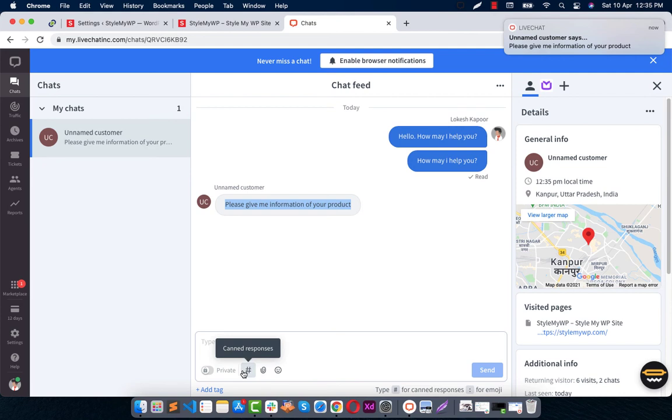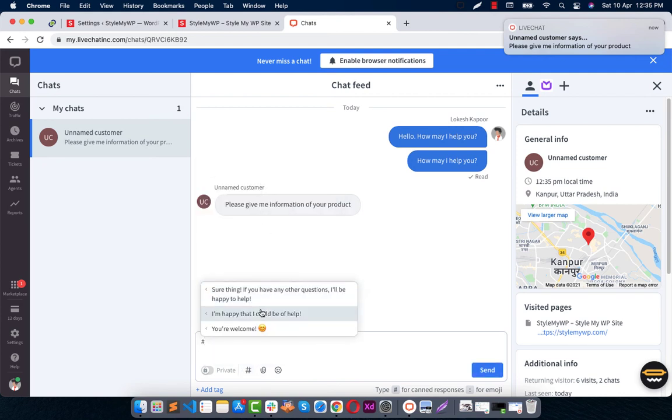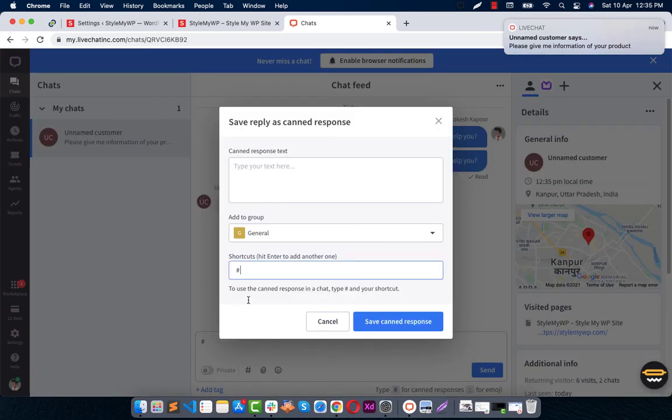Here are the canned responses. So these all are the default messages. You can edit them as well. You can add a new message for your purpose. You can use a shortcut, so when you use this shortcut the response will come. So let's try it out. Any message.